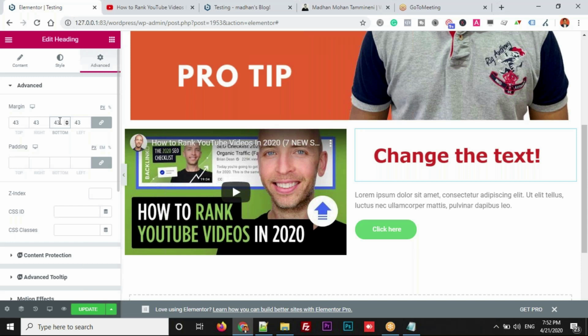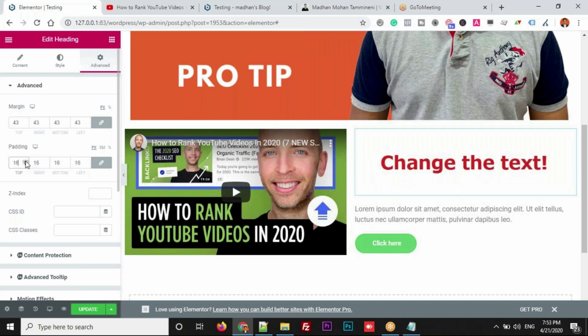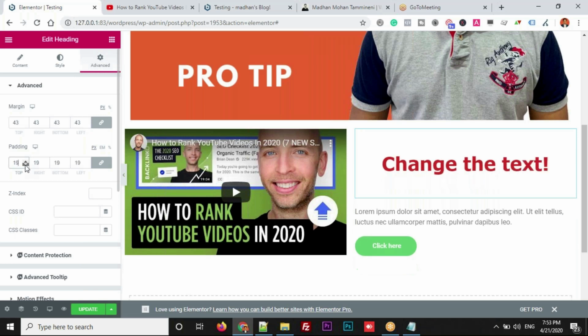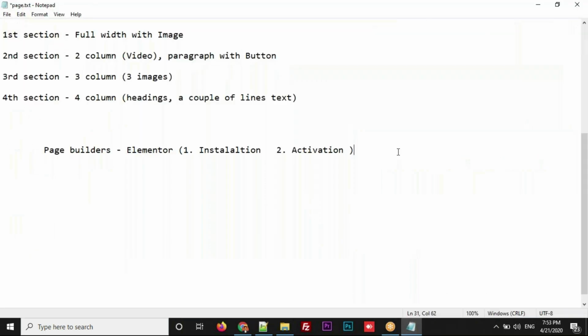See the difference in general normal cases. Let me show you. If we add a number here, again the space is getting added. Then what is the difference between margin and padding? Both are helping us to add spaces around it. Then why do we have two? Because there is a difference between margin and padding. If I add a background color to that section, you can easily get the difference, but let me explain first.